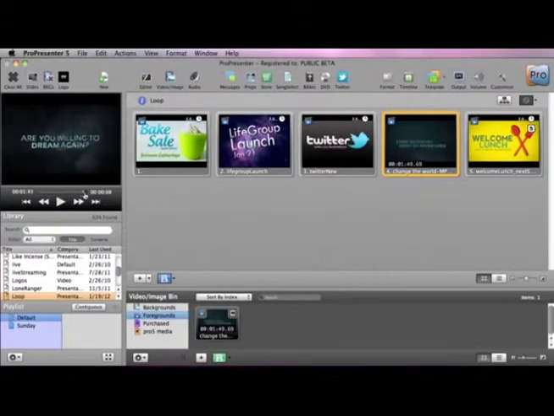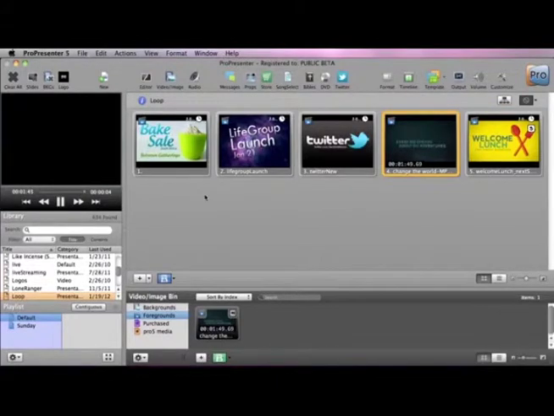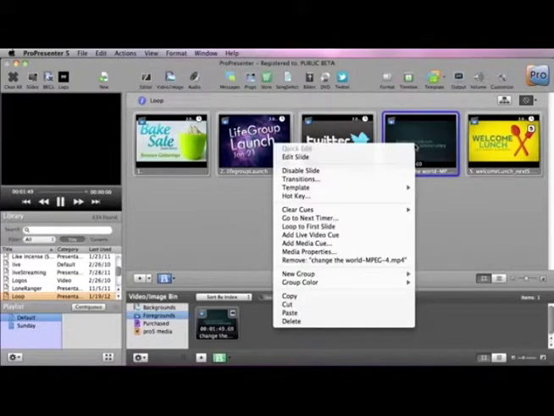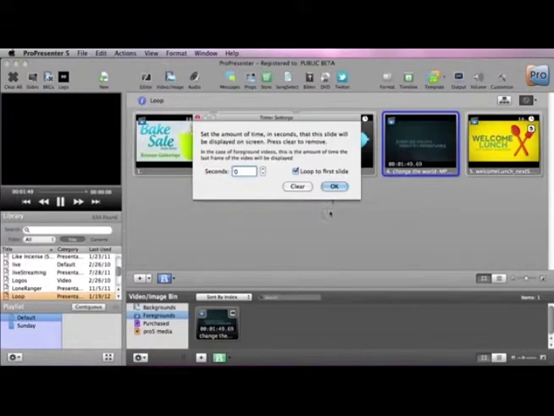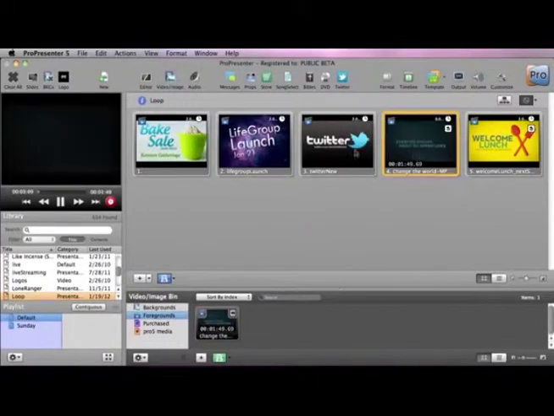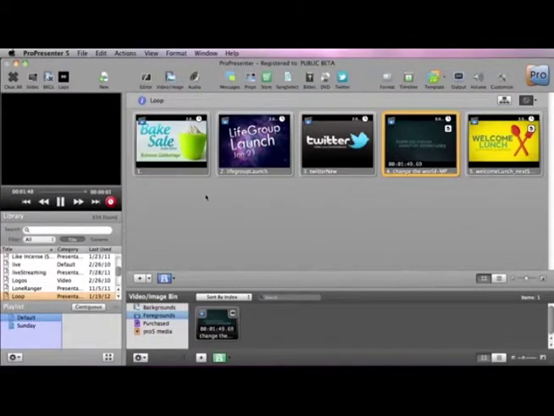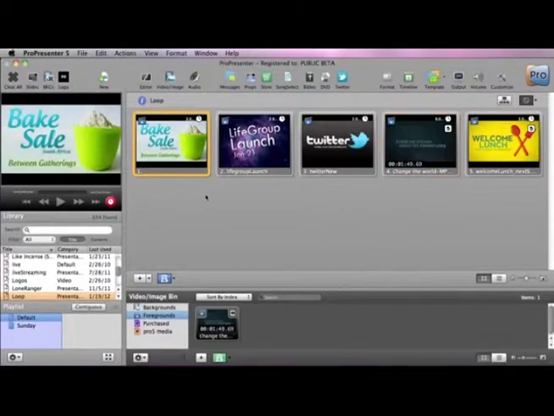So I'm just going to try to scrub forward here to the very, very end. And so you'll see that it goes off the screen and it just stops. So again, what we need to do is add a go to next timer. So we're going to add a go to next timer, and in here you'll say, in case of foreground videos, this is the amount of time the last frame of video will be displayed. Well, we know the last video frame doesn't need to be displayed long, so we're actually going to set it for 0 seconds. So now when we play this, we're going to click here towards the end, and again, it'll play through these last few seconds, 3, 2, 1, and it's automatically going to go to that next slide,